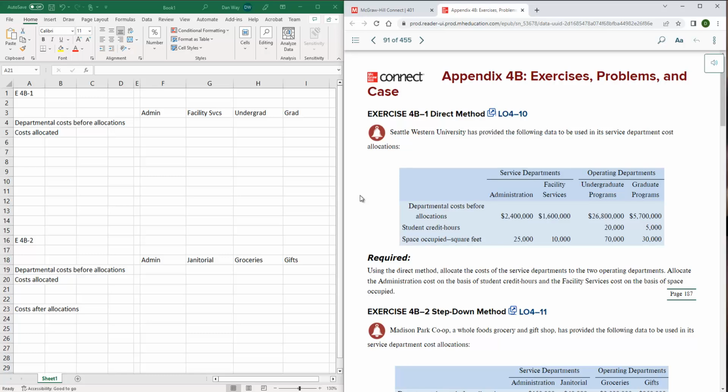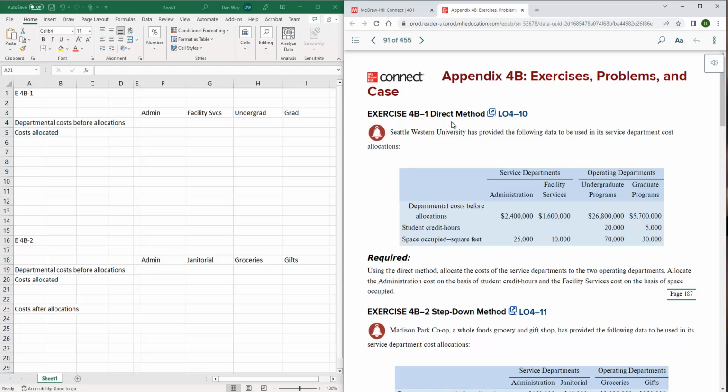Welcome back everyone. In this video I'm going to work through two problems from Appendix 4B related to the allocation of service costs. If you haven't viewed the discussion video for Appendix 4B, maybe check that out first. The first one I was going to look at was exercise 4B-1 here, employing the direct method of allocation as